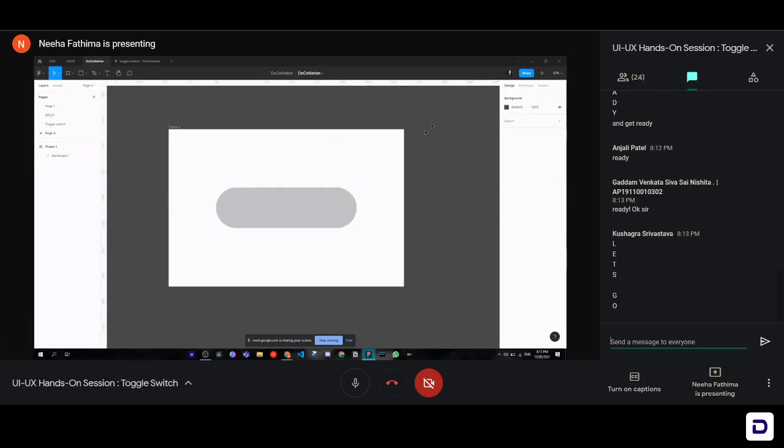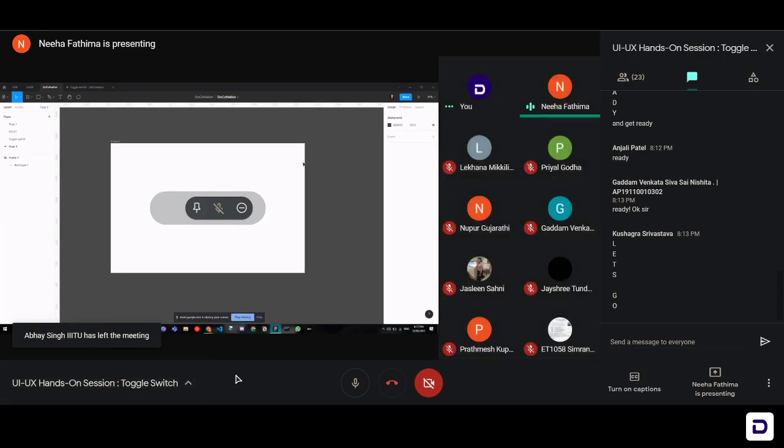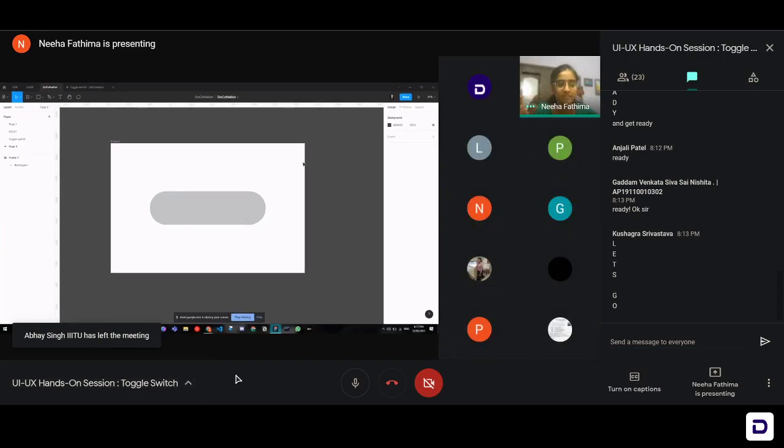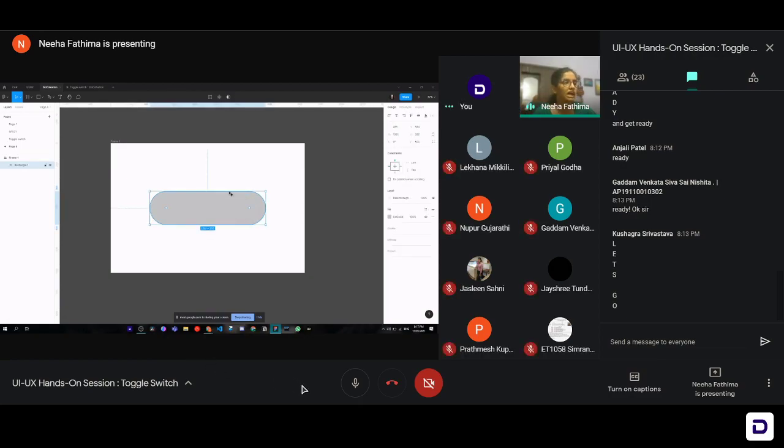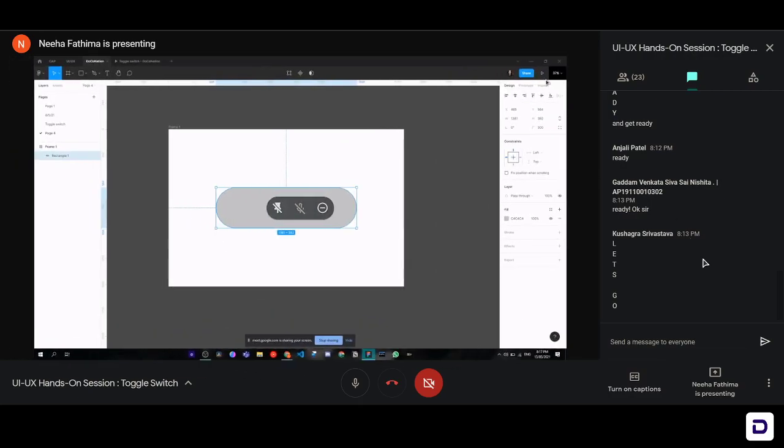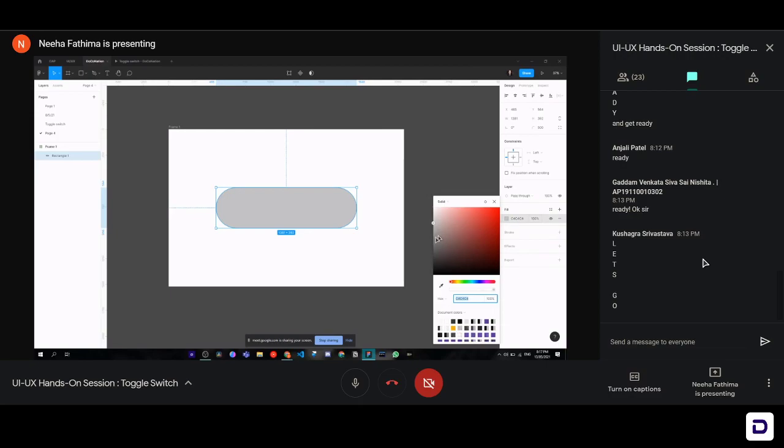So now the key for neumorphism is that the background color and the color of the element, the button that we're using, needs to be the same. So that's what we're trying to achieve here. So first, let's color our little rectangle. We will go over to our properties panel on the right side. We will click on this fill and change this to a little dark gray, maybe a little more darker. Okay, so that is okay.